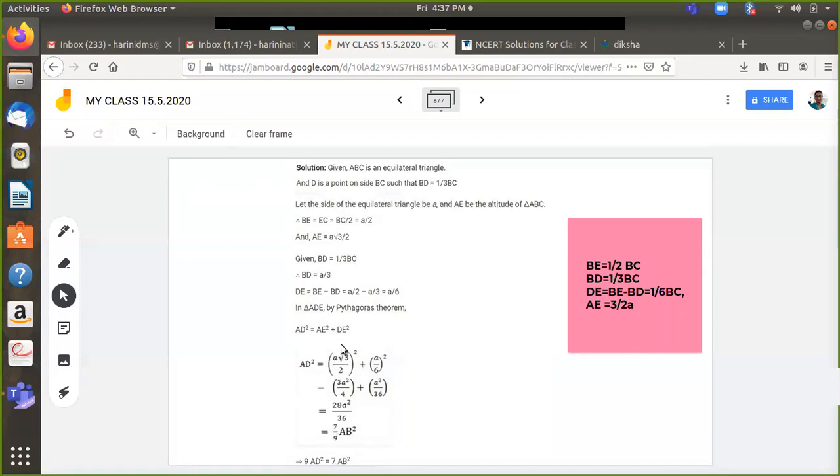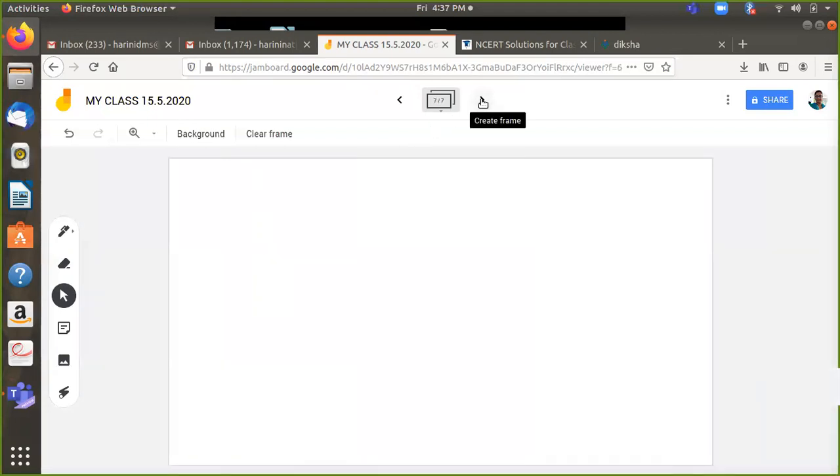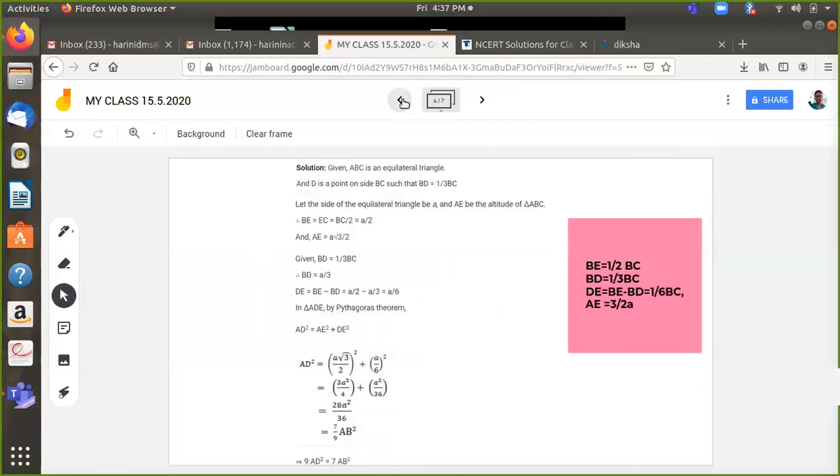Only thing you have to do is write AE and DE in terms of the side of the equilateral triangle, which I have shown how this argument has come. So if you see it 2-3 times, if you listen to me carefully with the diagram seen at times, you should be able to do this problem. Then the last one that we are left out with is the 16th problem.